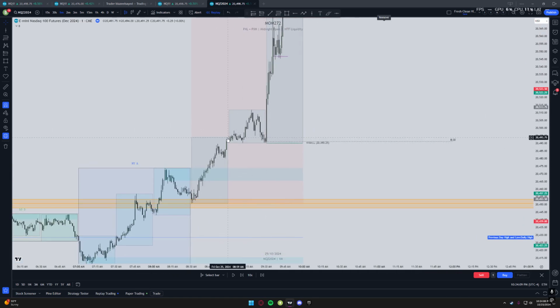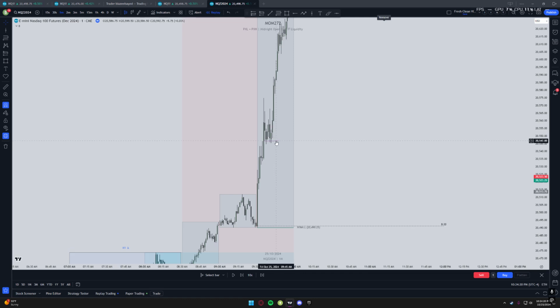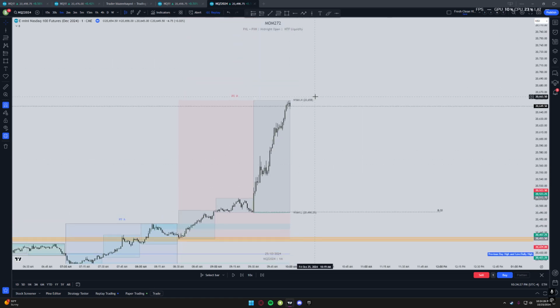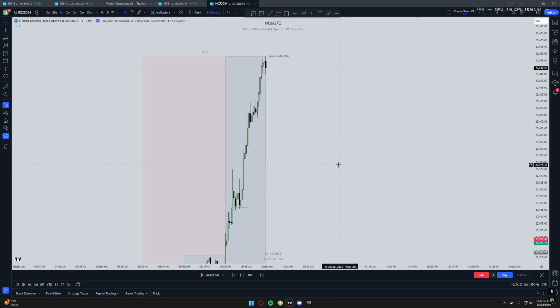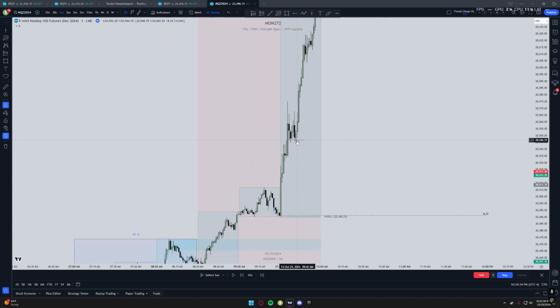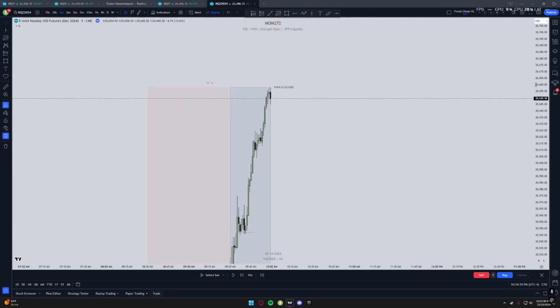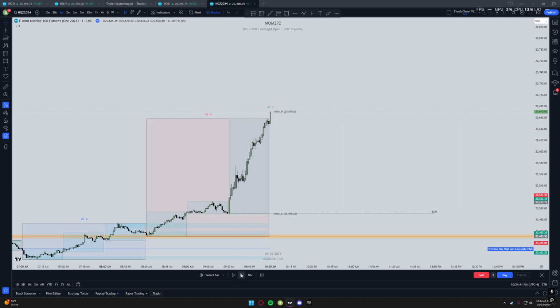Then what? The high of this right here, we came above it at market open, we came back to the high, and then traded off higher. Now, this is the first fair value gap that the indicator marks, because it doesn't have a filtering process for the width of fair value gaps, but it is technically a first fair value gap, and we do come and bounce somewhat on it. So I'm not terribly against it, but